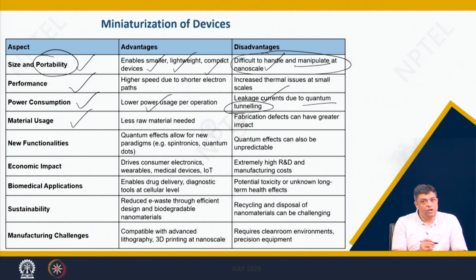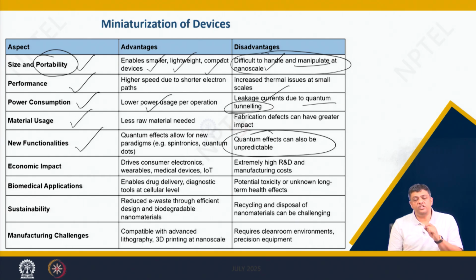You can reduce the material usage. As we have seen, you can add new functionalities, but sometimes the properties may change if there is variation in particle size, even the slightest particle size. Then the reproducibility of these fabrication processes has to be carefully controlled, otherwise modulation in the quantum effects will result in slightly different properties from one batch of material to the other.